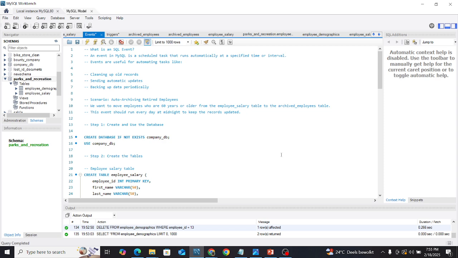So with events, I'll just give a scenario. In this scenario, we want to generate an auto archiving of retired employees. So let's say you think of any organization here. You can think of